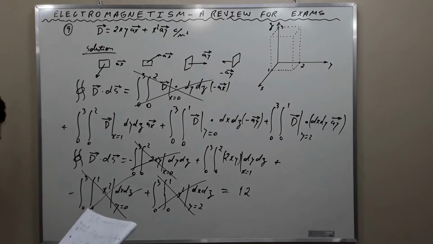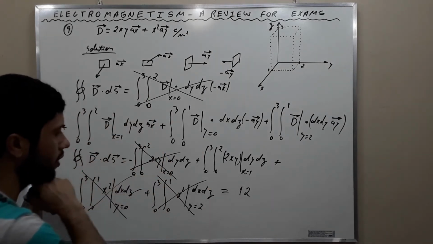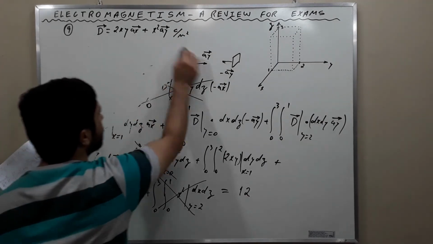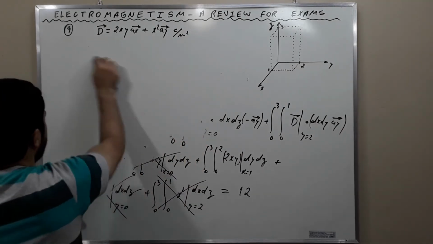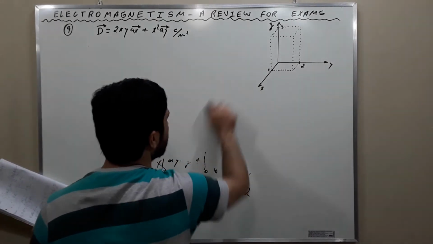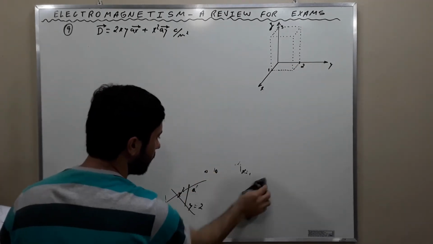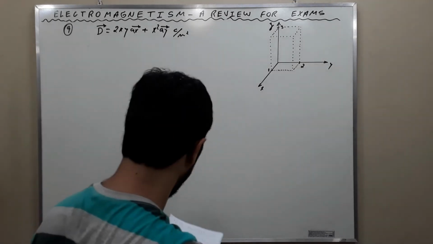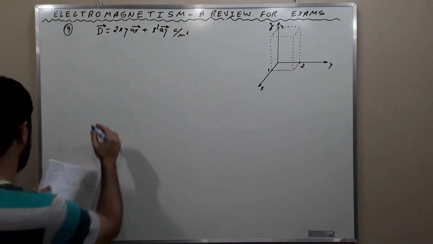We are going to evaluate the other side, and hold this, that the result is 12. The other side of the divergence theorem says that